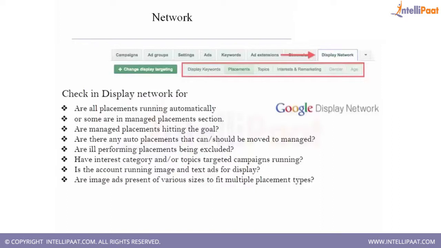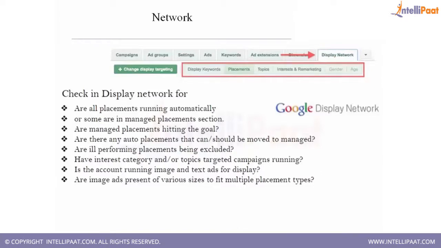Another thing is looking at whether there are any auto placements which can or should be moved to managed. If there are ill-performing placements, are they being excluded or not? That's another thing. You can't really keep a non-performing placement. When we say placement, these are the websites where the ads pop up or actually appear for the advertiser. So if there are certain websites where the advertiser's advertisement is being showcased and it's non-performing, one needs to look whether they are taken back. The ill-performing placements should be excluded